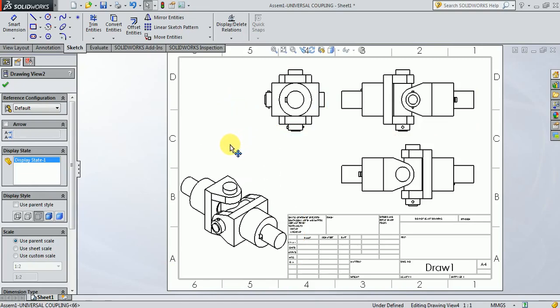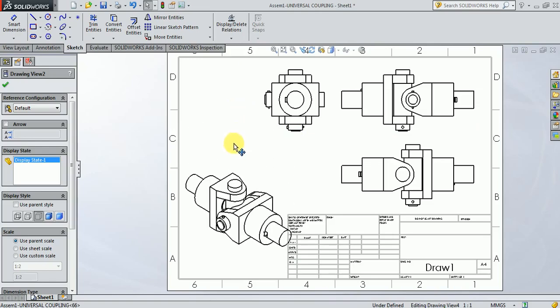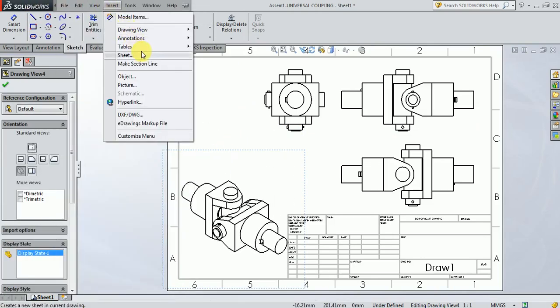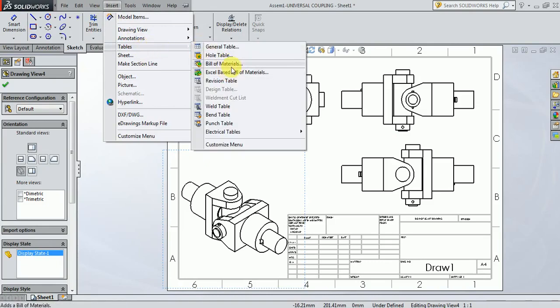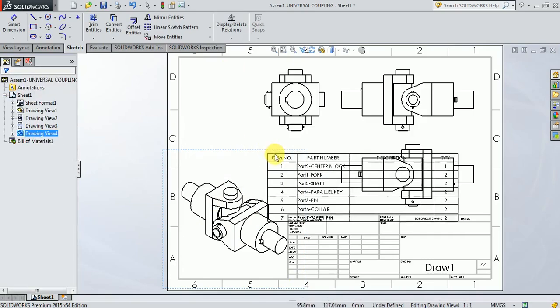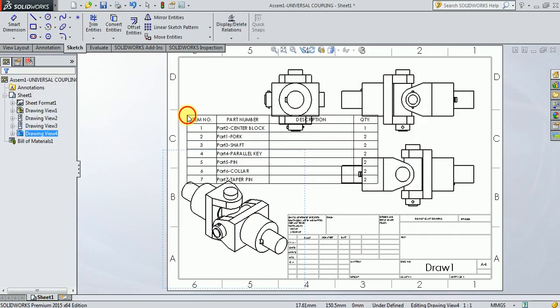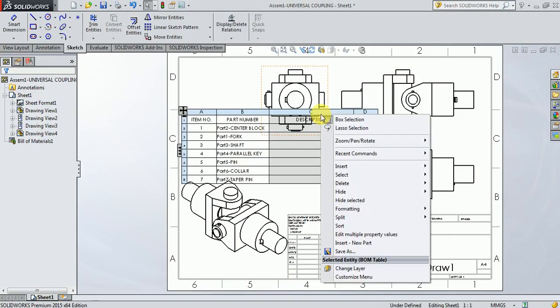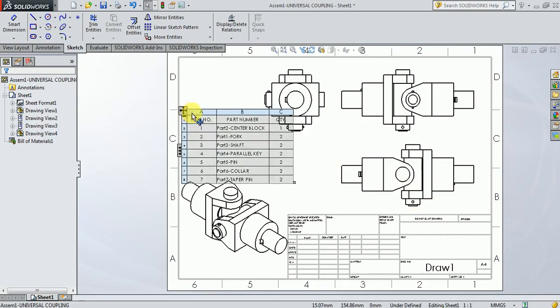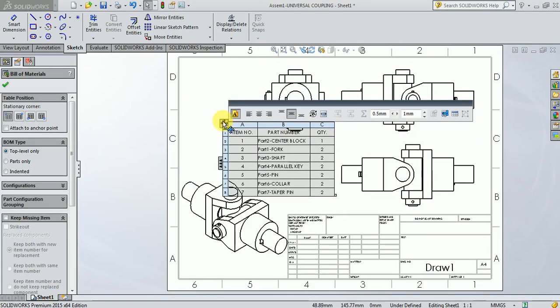I need some space to add the bill of materials, so let me put it here. Then I will go for inserting the bill of materials. I will go to insert tables, bill of materials. The isometric view is already selected here, and I will click on OK. You can see it can be inserted here, and in column C there is no description added, so I am going to delete that particular column, and once it is done I am going to move it somewhere here.